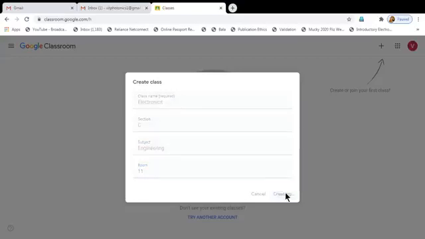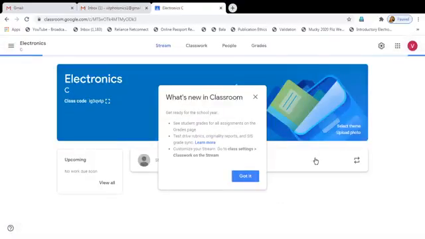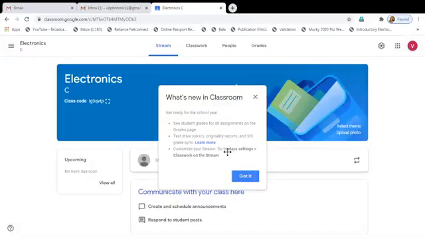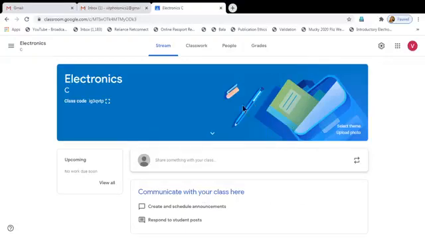So I am creating the classroom. You can see the classroom is created and it shows the attributes, what are the things in the classroom. See, you can find the code here, class code. So this is the code we are going to use to invite our students.